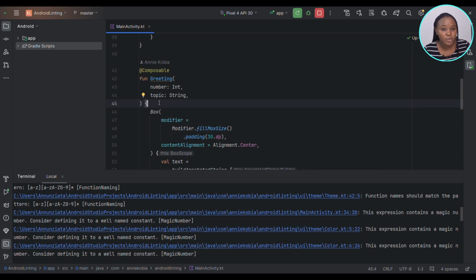But for composables, the convention is to have them in Pascal case. So these should ideally not be flagged. To fix that, since we don't want camel case for a composable, we want to configure this rule